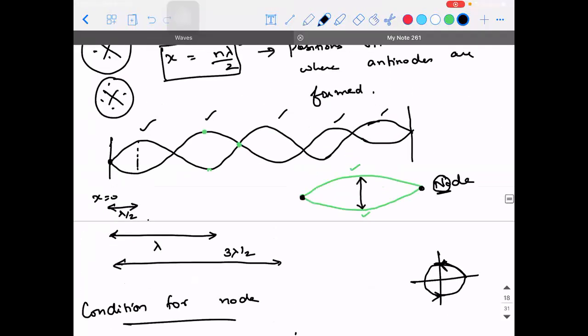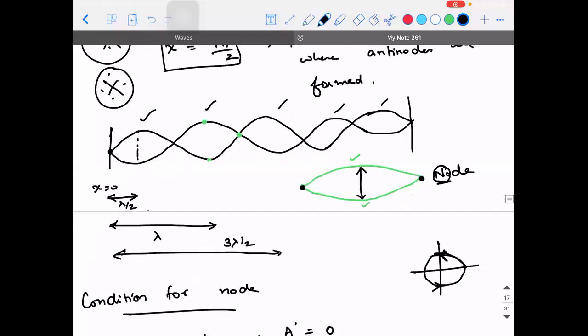Now see. Now looking at this diagram, in those 5 standing waves, x is equal to 0 is a point where the first node is formed. So that is the starting point. It's a node according to the diagram I've considered. Okay. Then how far from this x is equal to 0 will this node be? If I put n is equal to 1, what am I going to get?